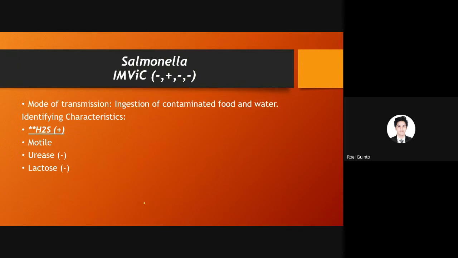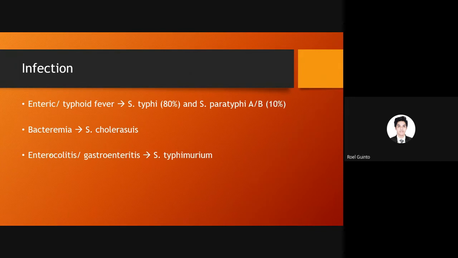Next, we have Salmonella. The empiric reaction for Salmonella is negative, positive, negative, negative. So the mode of transmission for this microorganism is ingestion of the contaminated food and water. So na-discuss na natin that Salmonella produces hydrogen sulfide. So H2S positive, motile, urease negative, and lactose negative. So the infection caused by Salmonella species